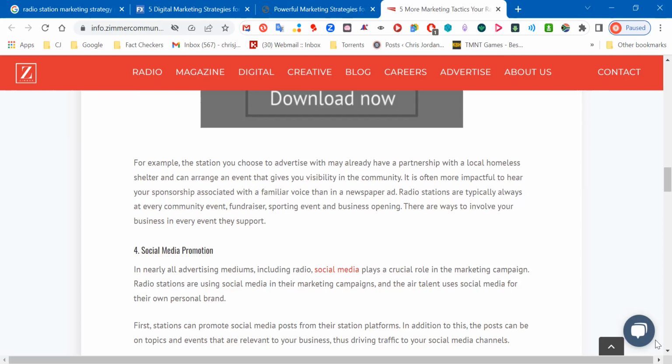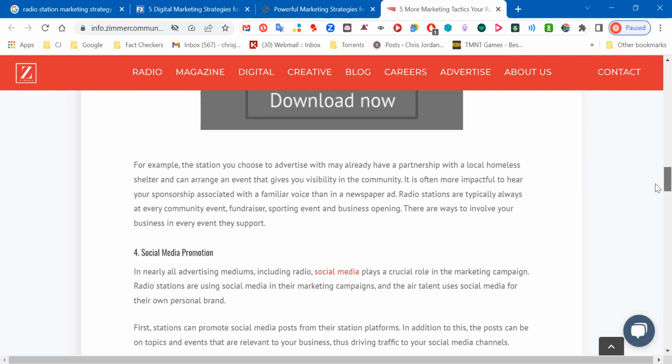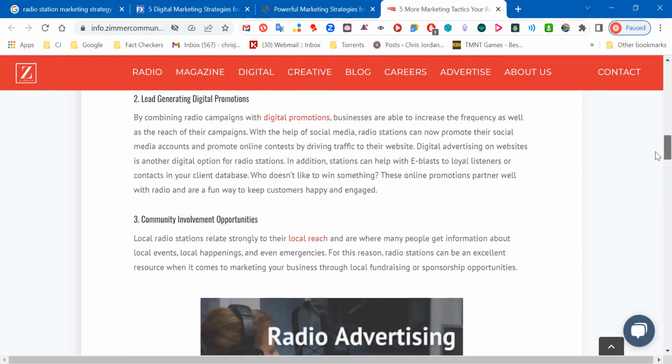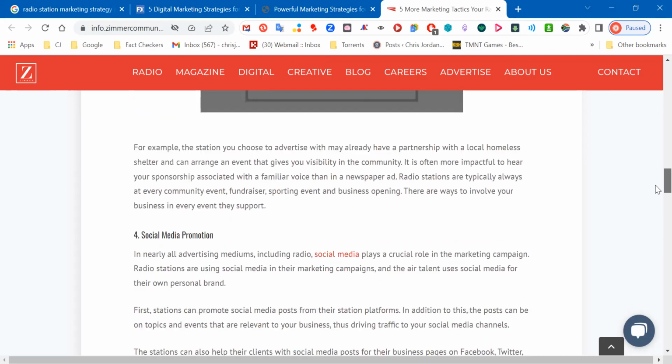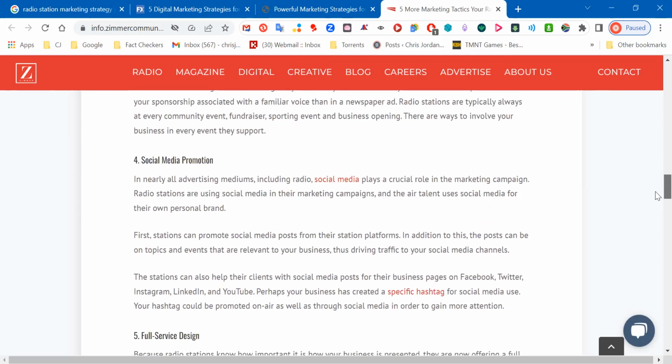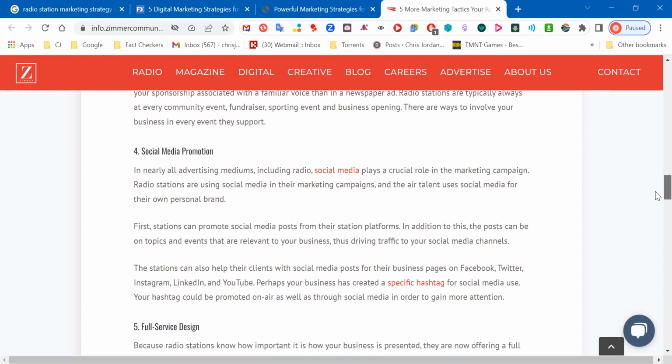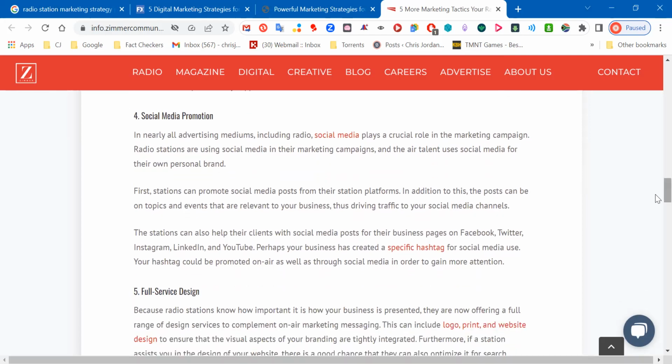Okay, social media promotion goes hand in hand with digital. So this lead generation that we had here with digital promotions is not exempt from us releasing campaigns on Google and our search engines. But it does include obviously our social media, but social media marketing on its own is like its own little beast. Let's say you are putting a promotional campaign on Instagram, it will be tied into Facebook. If you're doing one on LinkedIn, it'll be tied to Twitter.